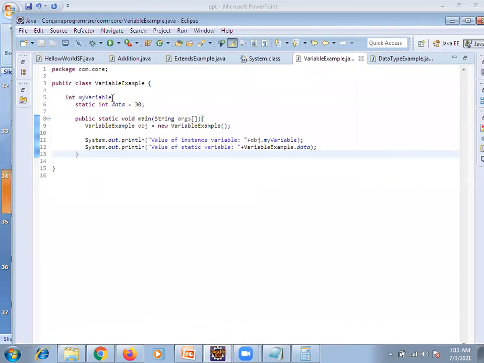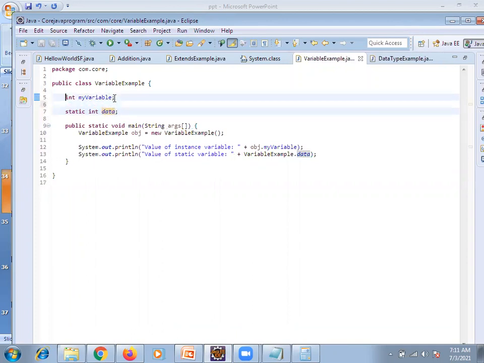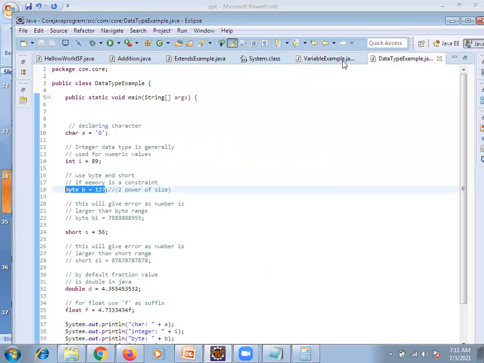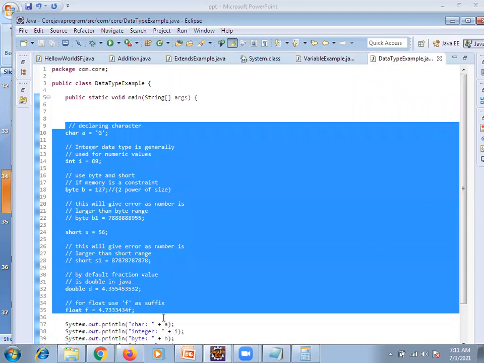This is the variable. As of now, you can ignore. Let me take you one best example. Data types, we will get it from here, and nothing else we are going to do.